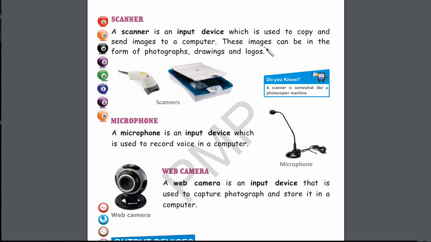The scanner is basically used for scanning particular images. So what does scanner help us to do, children? Please note. Scanner helps to scan images, okay?